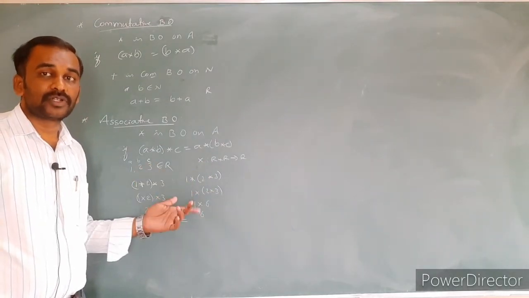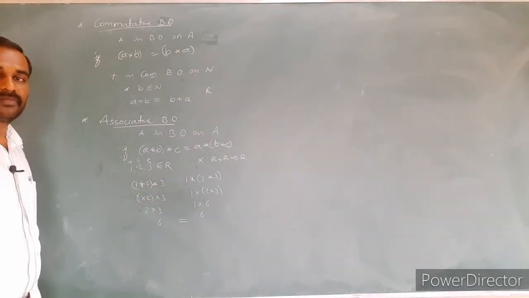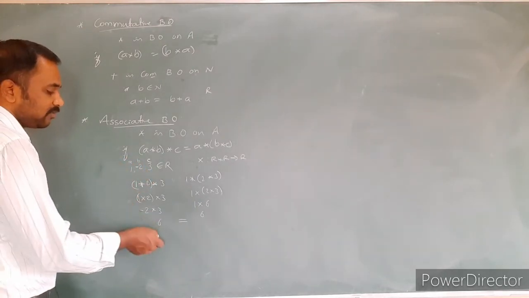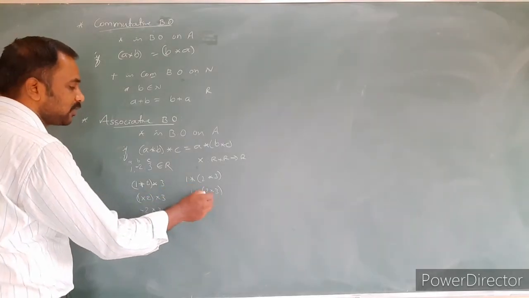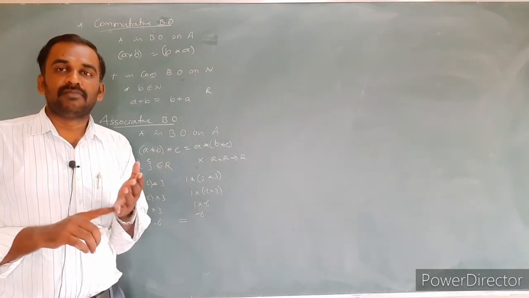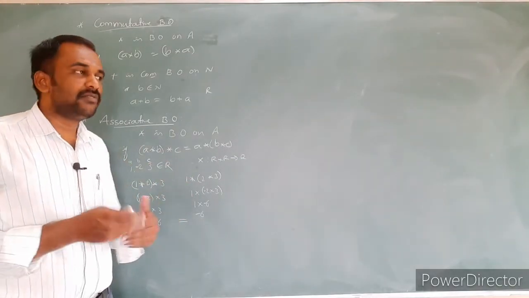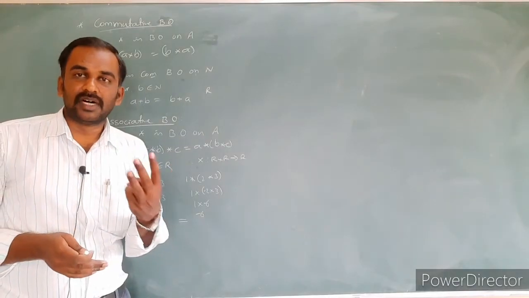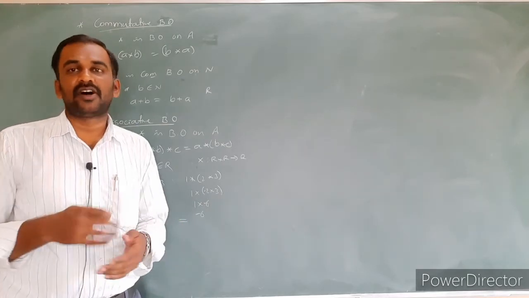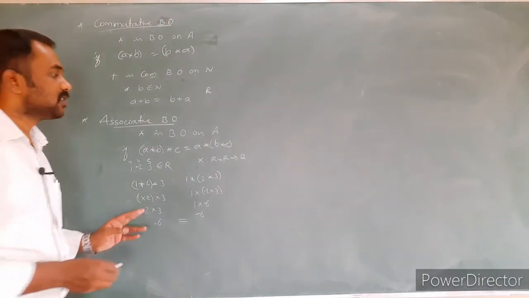I just checked on the positive real numbers. What about the negative real numbers? Check it. If I take minus 2 instead of plus 2, in this case what happens? Here it is minus 2, here we get minus 6, here we get minus 6, and here minus 6. LHS is equal to RHS. We can conclude that multiplication is an associative binary operation on a set of real numbers. So whenever you are multiplying three numbers, order is not important. In whatever order we can multiply. That is exactly the meaning of associative binary operation.